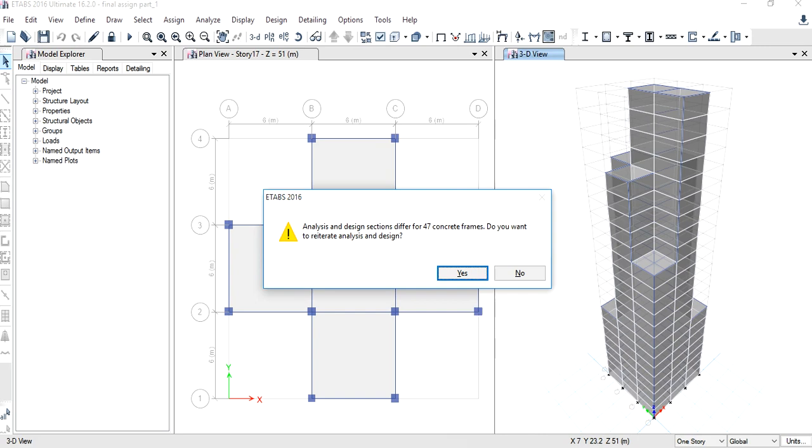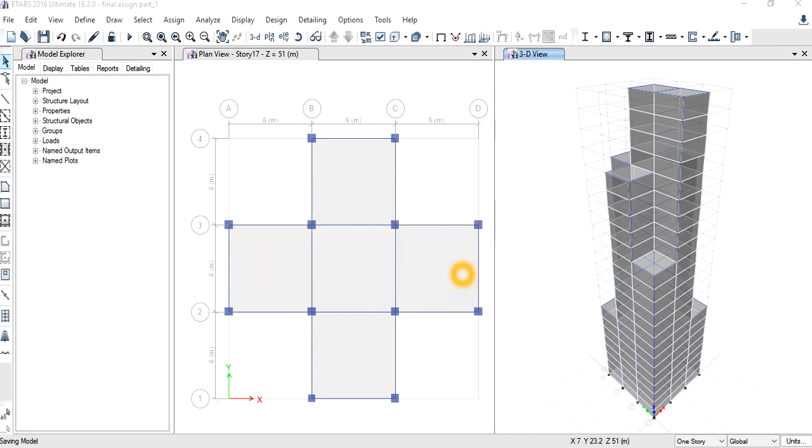We can see that after analysis 47 frames have failed. So we will reiterate the design. Click on Yes. The analysis and reiteration has again started.